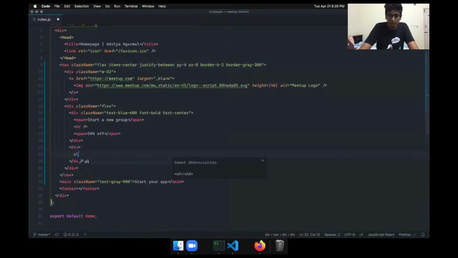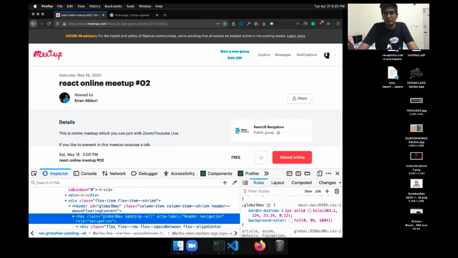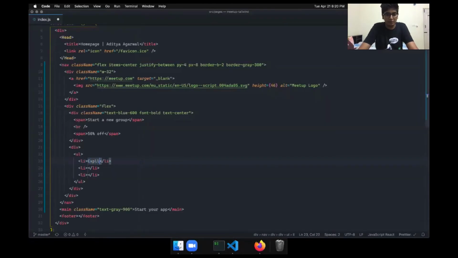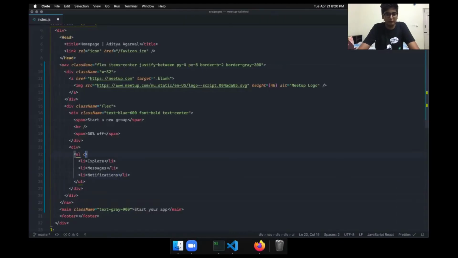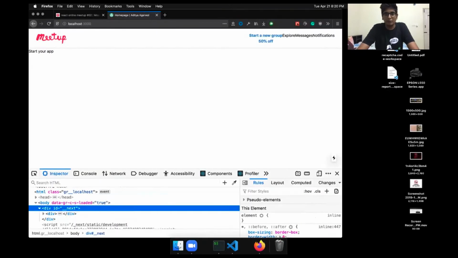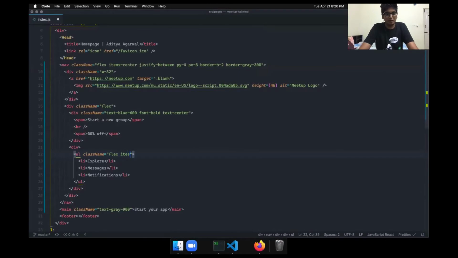There would be a UL, and it will have 3 LIs: explore, messages, notifications, and again we have to use flex and items center.